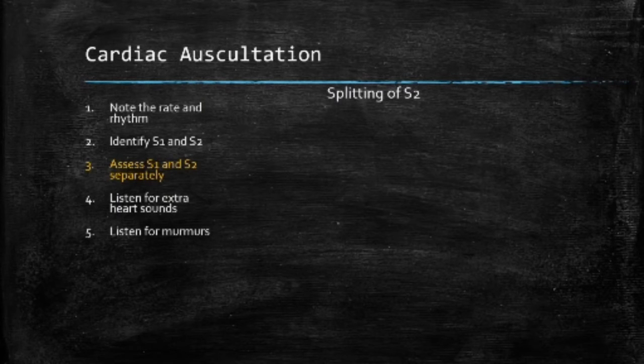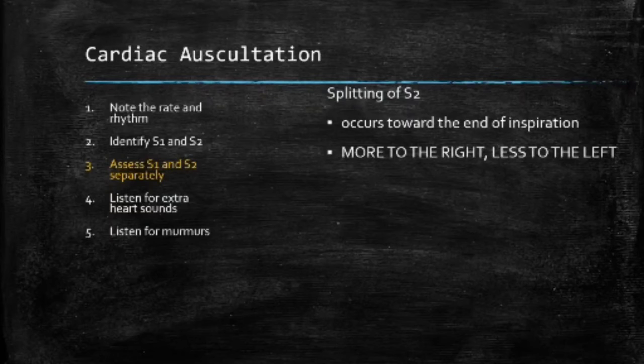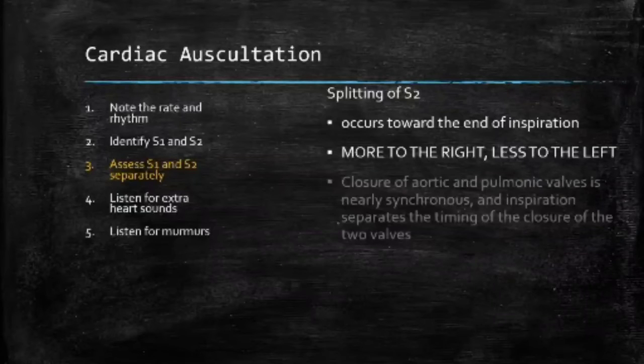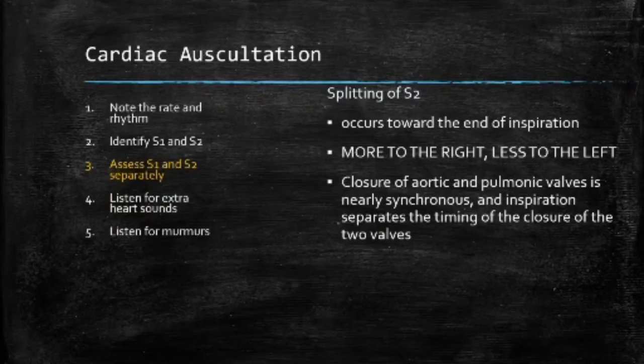What is splitting of S2? This is a normal phenomenon that occurs toward the end of inspiration. Volume of the right and left ventricular systole is just about equal, but this can be affected by respiration. To learn this, consider the phrase more to the right, less to the left. Closure of the aortic and pulmonic valves is nearly synchronous, and inspiration separates the timing of the closure of the